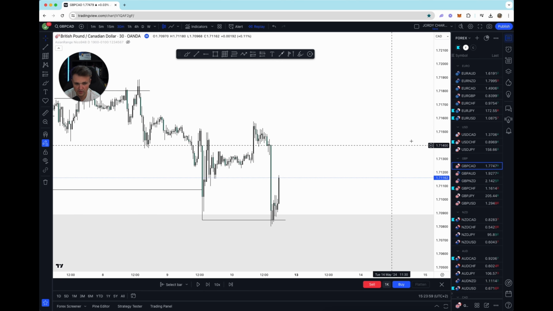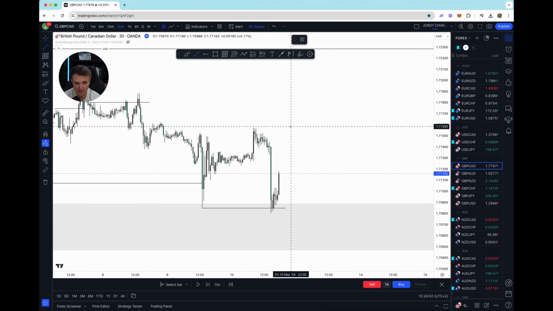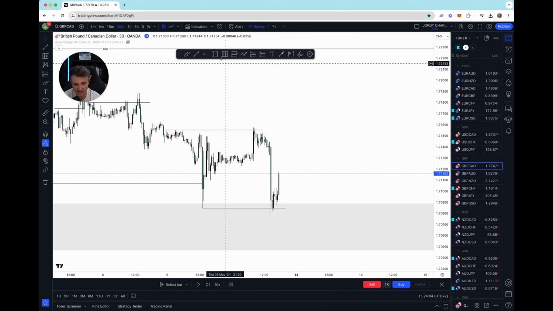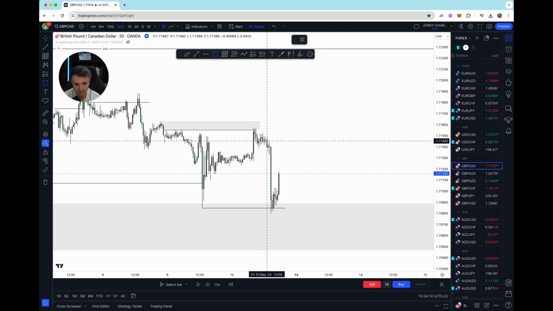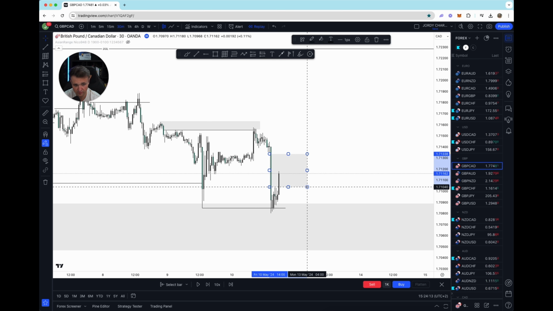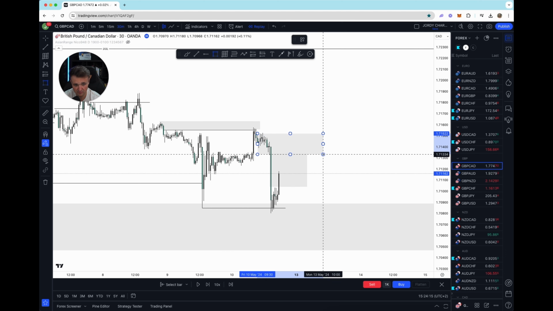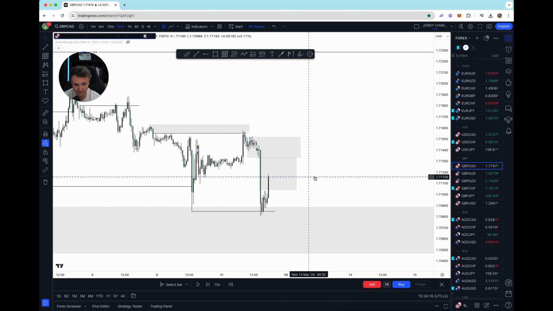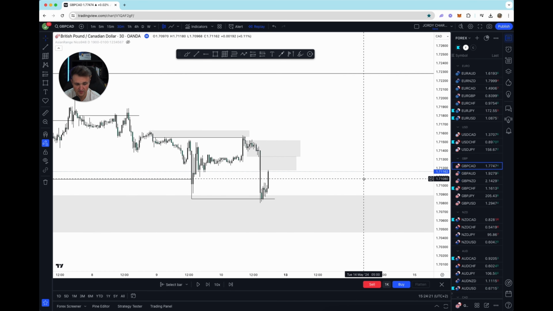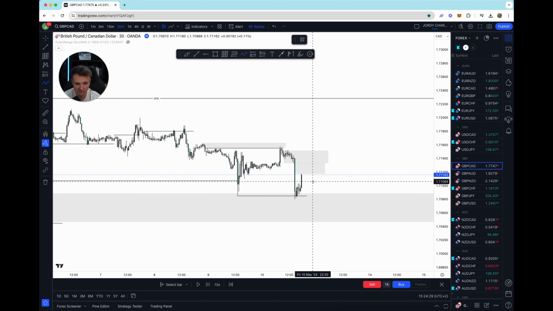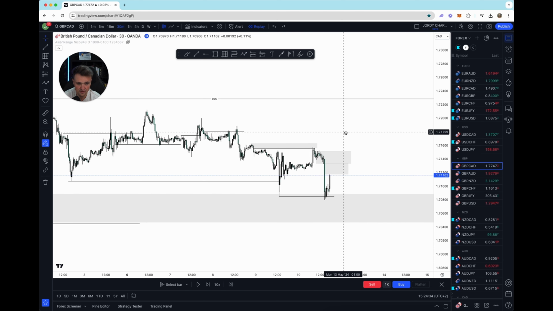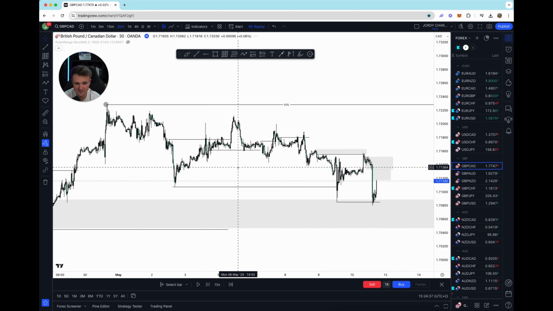And then depending on what PD arrays you trade, whatever concepts from ICT you trade, you can see that we still had some people shorting this order block, for example, with a liquidity sweep. And for example, some people might go short from this fair value gap. Some people might go short from this. So quite important. If we want to look for a long position right here, we want the short position in the counter trend coming to our PD array for the bigger trend. We want it to be violated. So if we want to take our confirmation, we want these PD arrays. And I can hear you say, well, Jordy, if we have a change of character, doesn't it happen automatically?